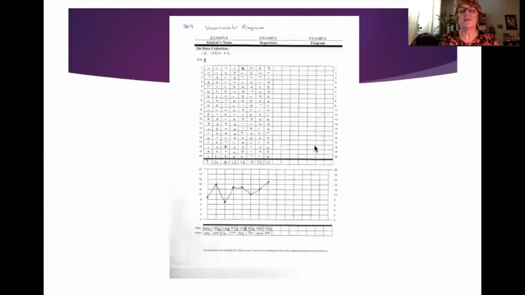This is a sign that a program has problems. So when you've got this bouncing up and down, or even just a leveling off of data, the child is not getting better. In this case, it could be because two different people have different expectations. And so sometimes they're successful and sometimes they're not. But in any case, for this program, the consultant needs to come in and figure out what to do to change it. Maybe make the task easier, maybe find out why one behavior interventionist is doing things differently from the other. Whatever it is, you need an expert in there to take a look at this and find out what's going on.